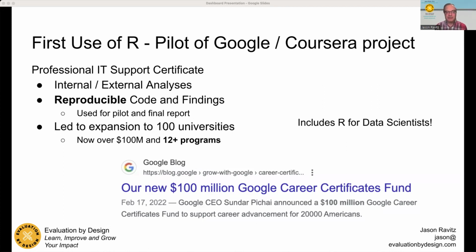We could check and reproduce each other's work and confirm findings for our senior managers, and using shared code made that possible. We ran a pilot study and continued using the code for the final report when it was the end of the program. This program has since expanded massively, which feels really, really good.